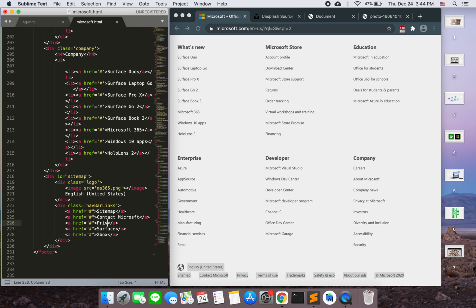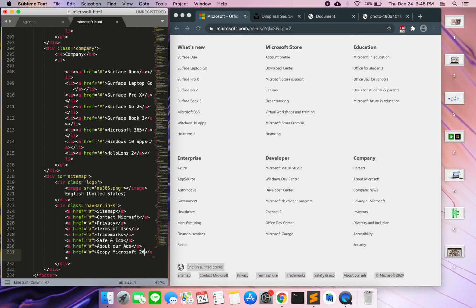I have privacy, terms of use, trademarks, safe and eco, about our ads, and finally I have a copyright, which I can do as ampersand copy Microsoft 2020. And